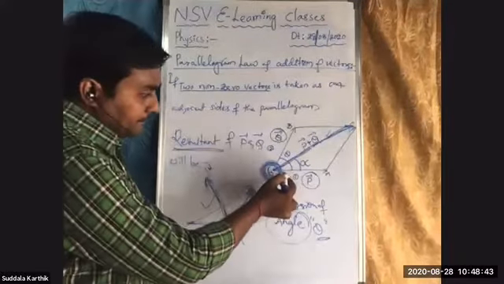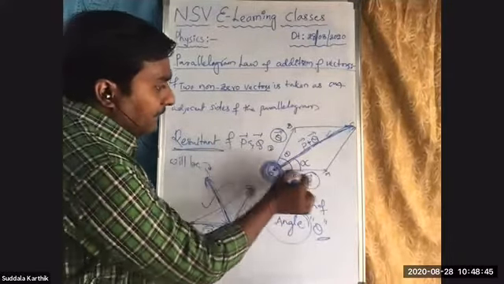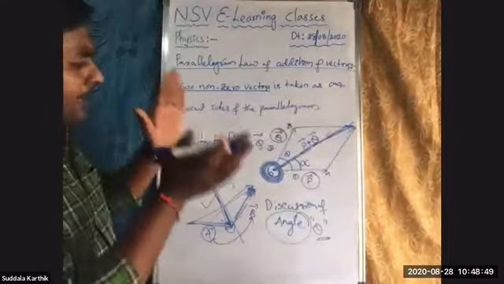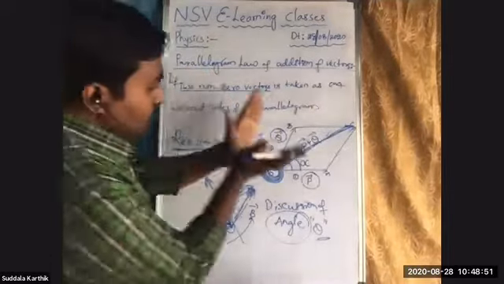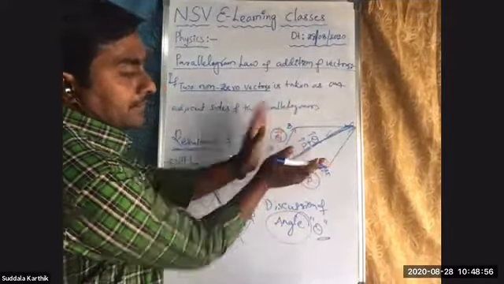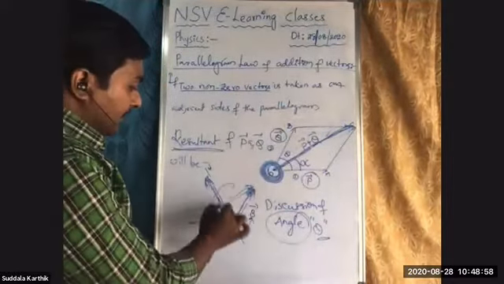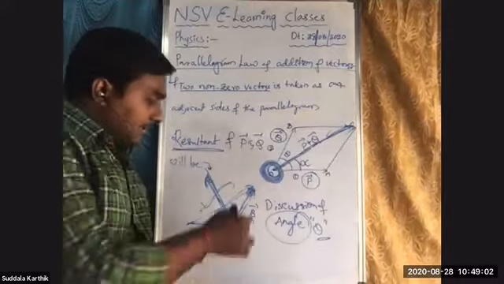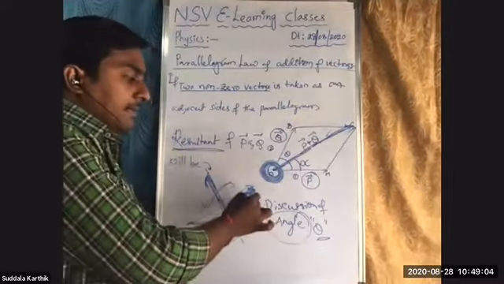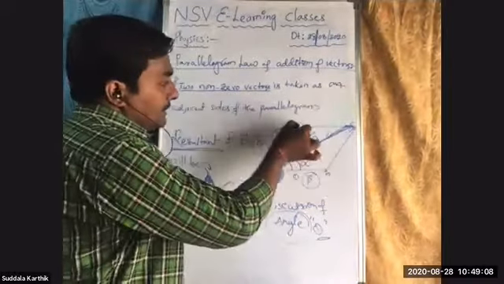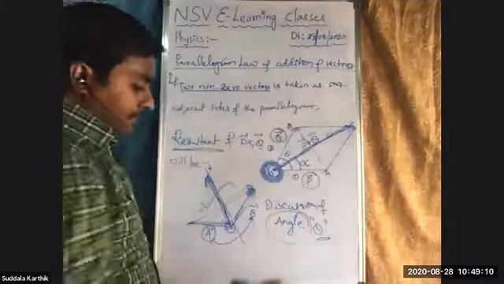Here, by joining these two you are getting a parallelogram. Not just joining, I am treating those two vectors as adjacent sides of a parallelogram. So that's why it is not the correct way. If you take it like this, it is a wrong method because it is not forming a triangle. Here you are getting two diagonals.